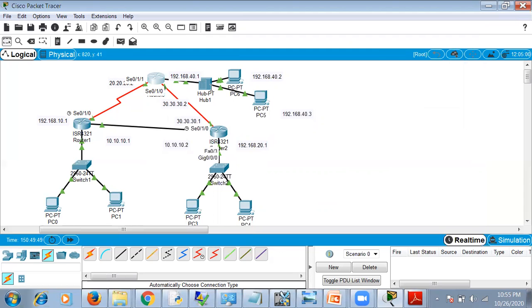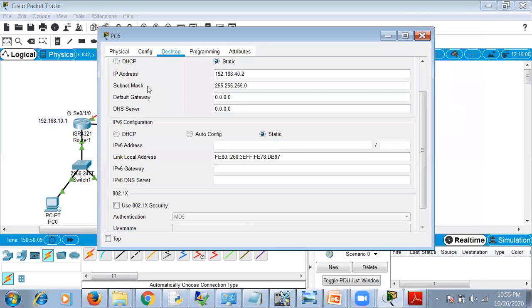Now this is the third LAN. So we've considered a third LAN, giving 40 as the LAN address. So 40.2 and this is 40.3. So we'll set the gateway address as 40.1. This channel has 40.1 as IP address. Click on this.